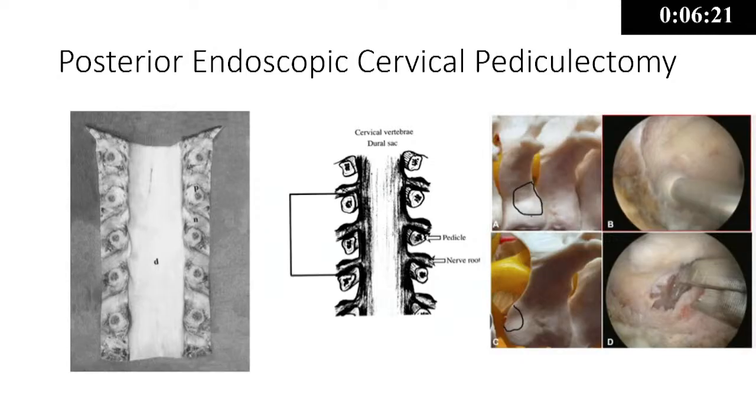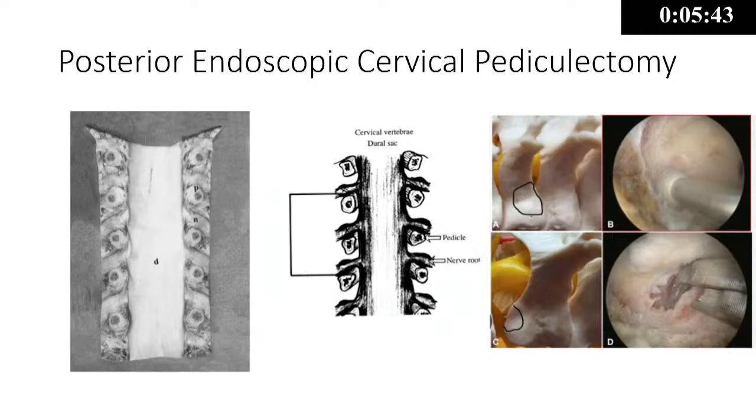Now, what amount of bone has to be removed? We have to remove this bone and this bone. But one very important thing to understand: in the lumbar spine, the roots go along the pedicle, but in the cervical spine the roots go above the pedicle. This is a very important concept. In order to free the root, we have to drill some amount of the pedicle. So there comes the concept of cervical pediculectomy, so that we can decompress the nerve root.